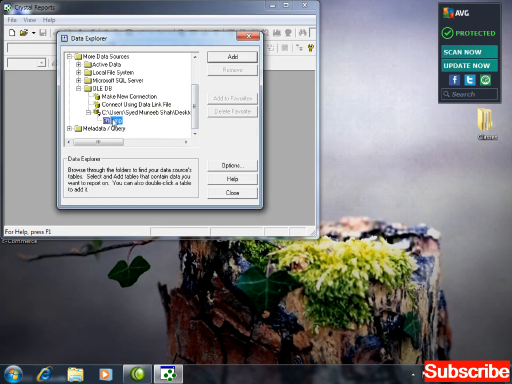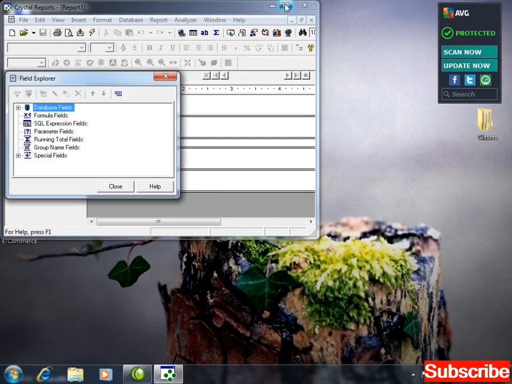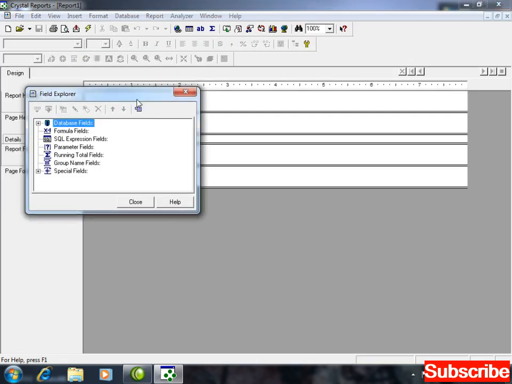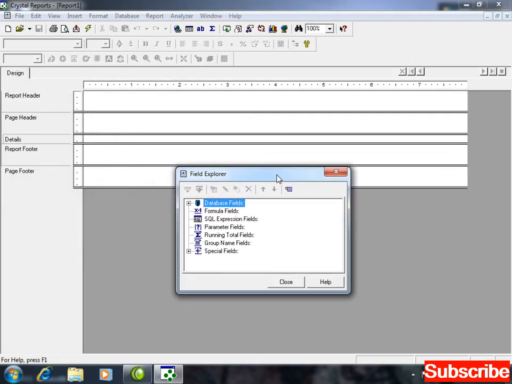So now add this table to the report. Exactly like the previous one, I double click on the connection, or I click on Add. With the table selected, either double click or click on Add. Once it is added, there will be a green tick mark. If there is a green tick mark, it means the EMP table was added successfully to the Crystal Report. Close. Full screen. Now here you have the Field Explorer. In the Field Explorer, you have to take the fields from the table of the database, drag and drop them, and they will be displayed here in the detail section.